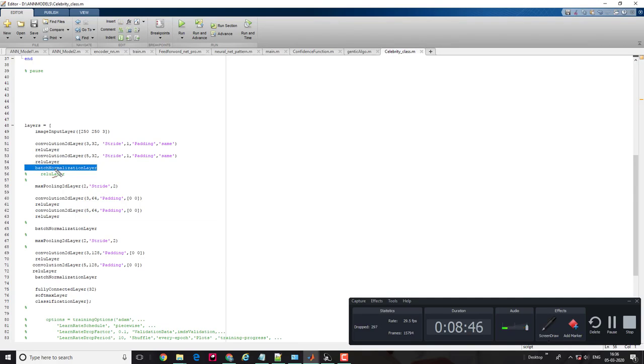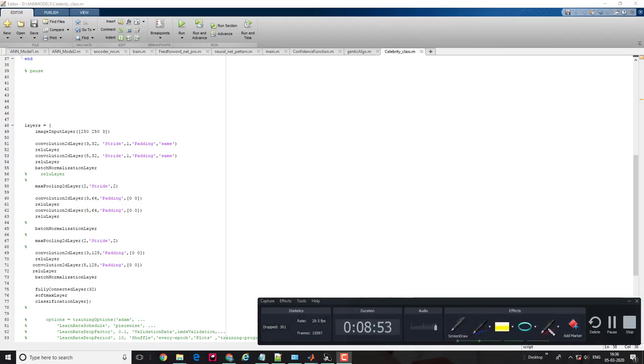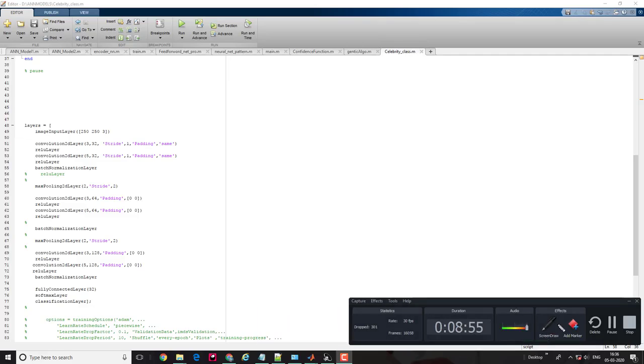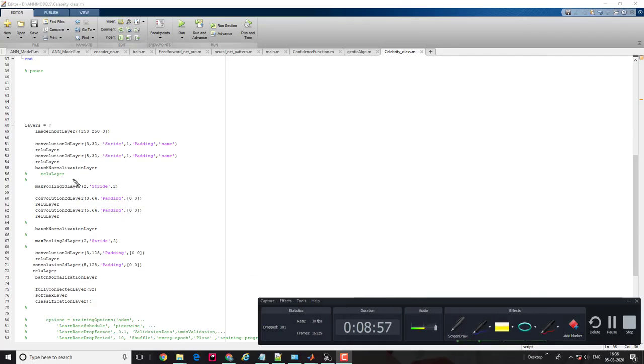Batch normalization, this is a non-trainable feature. Max pooling is for pushing the most dominating features to the next layer.